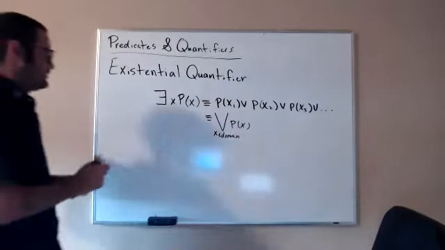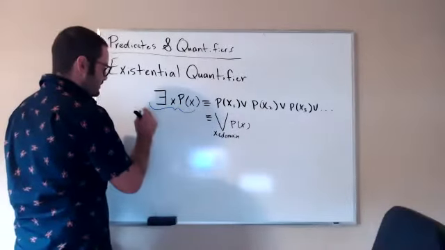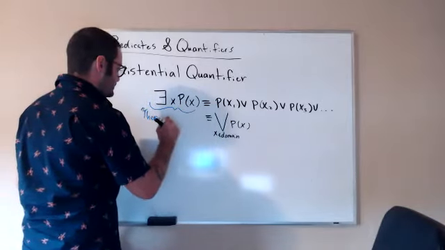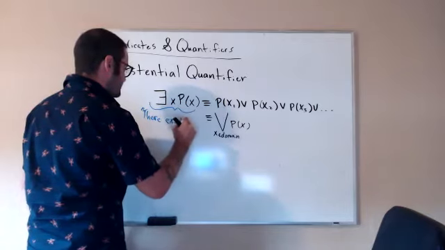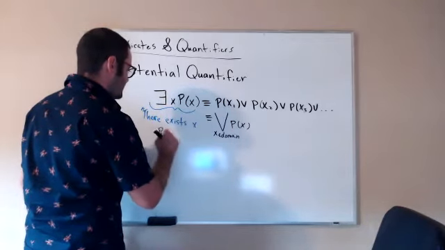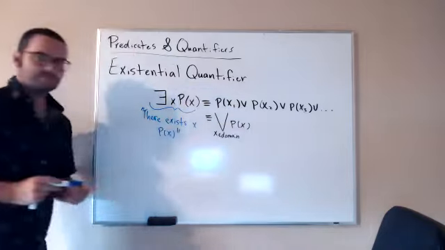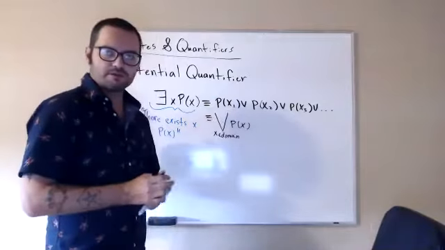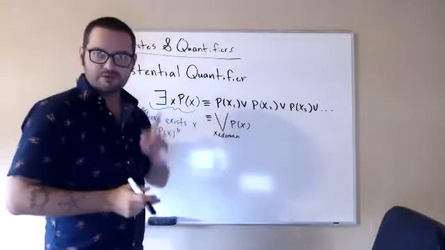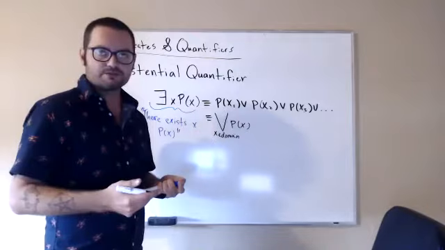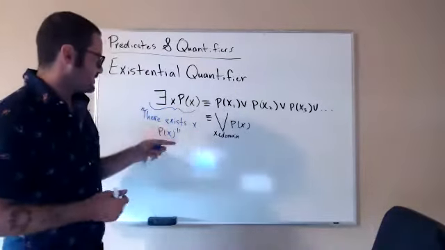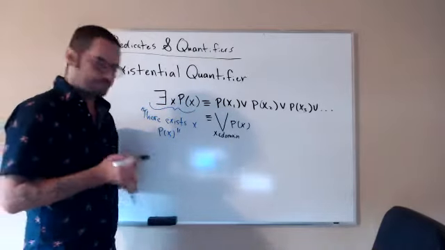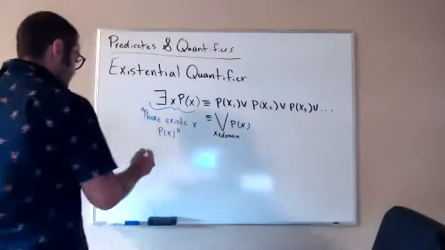Okay. Now this here reads, there exists x p of x. So we know with the disjunction operator that as long as one of them is true, then the or is going to evaluate to true. So there exists x p of x is really saying, is there any x in the domain for which p of x is true? For example,